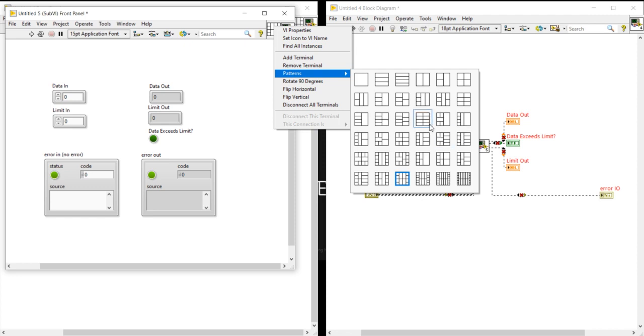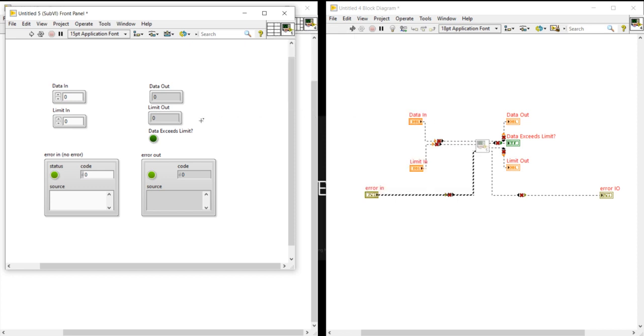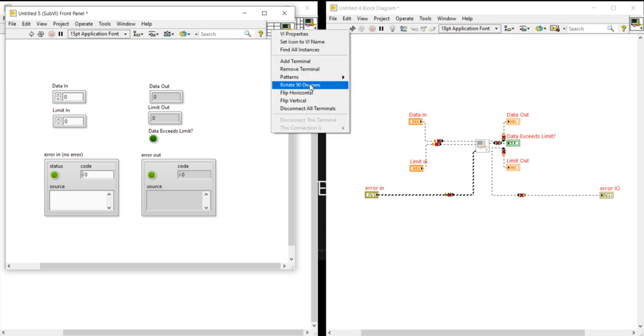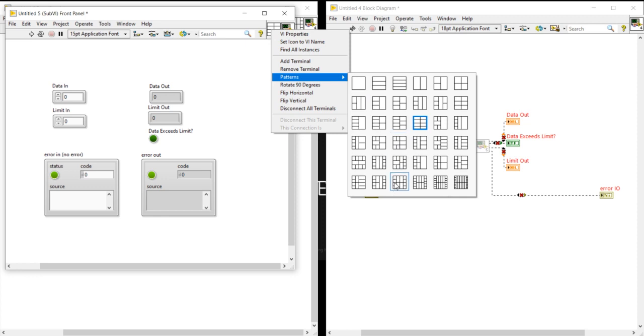So we can take this 3 input 4 output pattern. Okay, if you want, you can take this one.